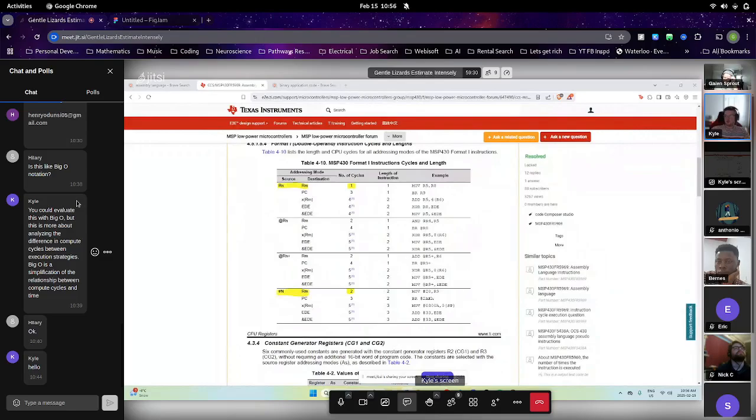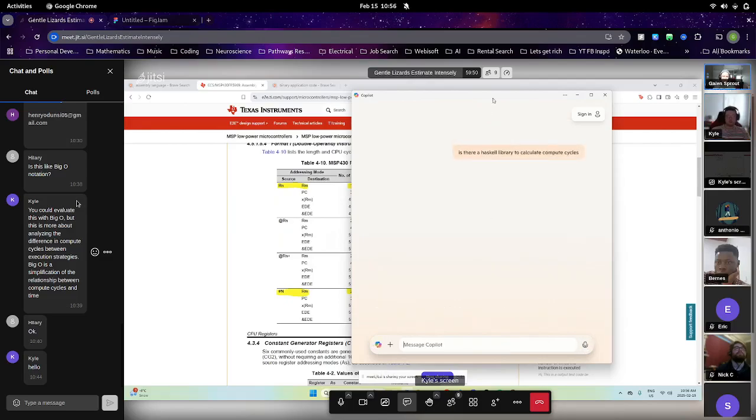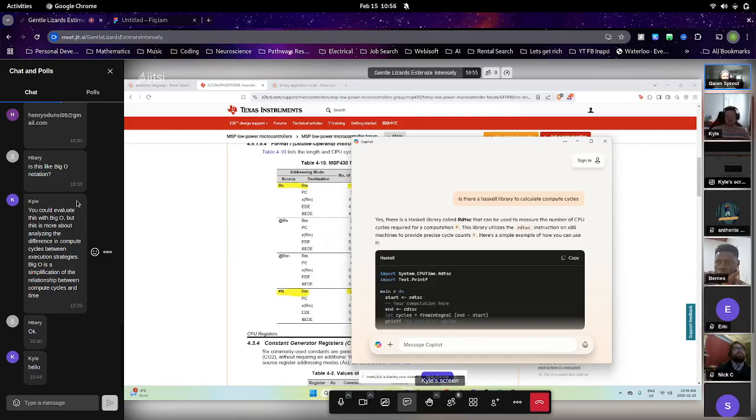And you know what? Just because if the teacher does it, then it's okay. We're going to use Copilot. Is there a Haskell library to calculate compute cycles? You say it's okay, and then don't use DeepSeek, but use Copilot. It's just right here on my computer. I need to use DeepSeek. Honestly, Copilot sucks, but